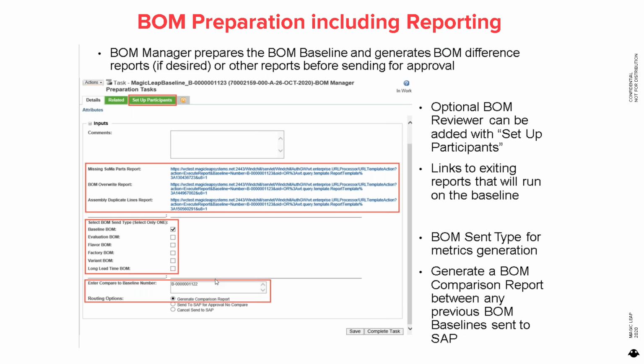So it's a very thorough BOM check, and that really, at that point, gives the BOM manager the opportunity to go in and modify the baseline and regenerate the comparison report. So you can do that multiple times until you get exactly what you want, and then you send it on for approval. So again, these are two additional Wincom customizations designed just for Magic Leap